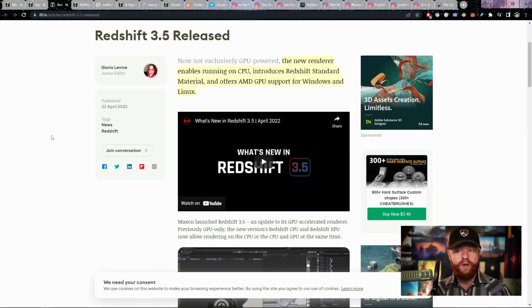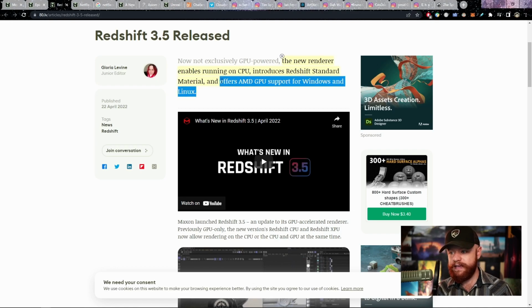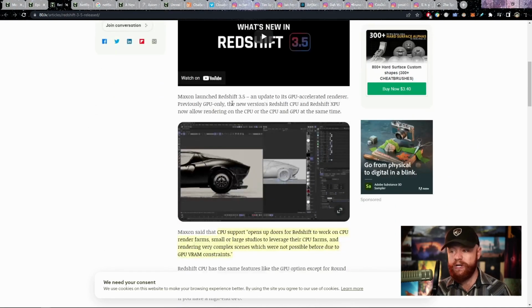Anyway, moving on, Redshift 3.5 has also been released. What that features is a new renderer that enables running on the CPU. This also introduces Redshift standard material and offers AMD GPU support for Windows and Linux. I should say that that very last phrase there is something that's going to be happening in the future. So right now they're working on AMD integration with Redshift, but those are all pretty big deals for a lot